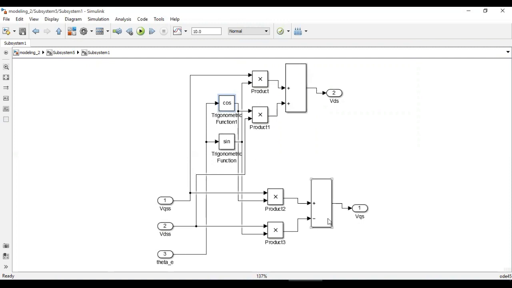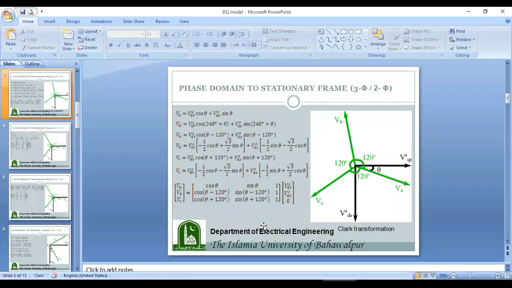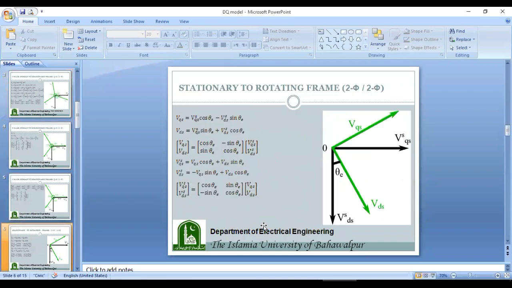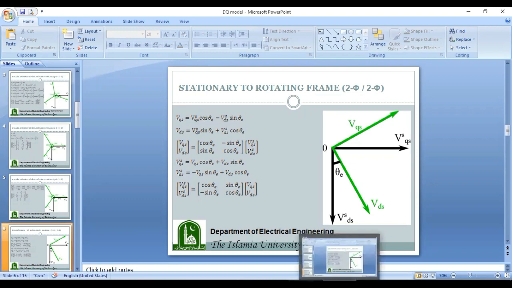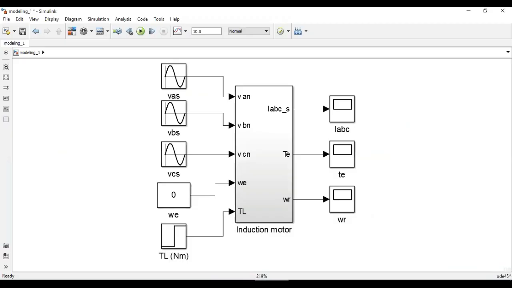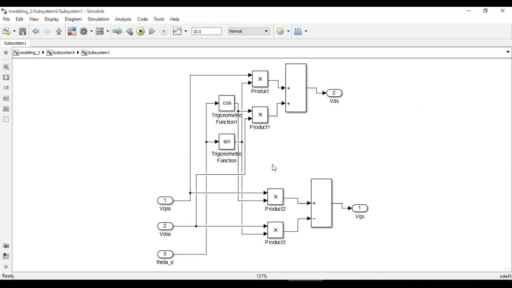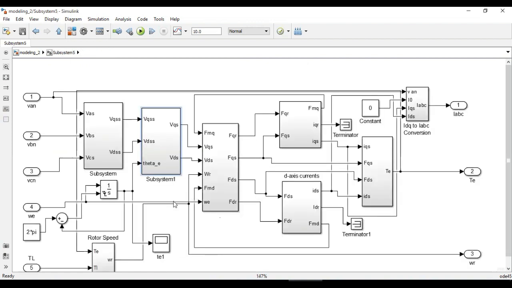So this transformation is the same as I have shown you in this presentation. This is VQS equal to VQSS cos theta e minus VDSS sin theta e, and the same thing has been implemented over here, and you can also check it by yourself. So this is theta e, and now this theta e is actually